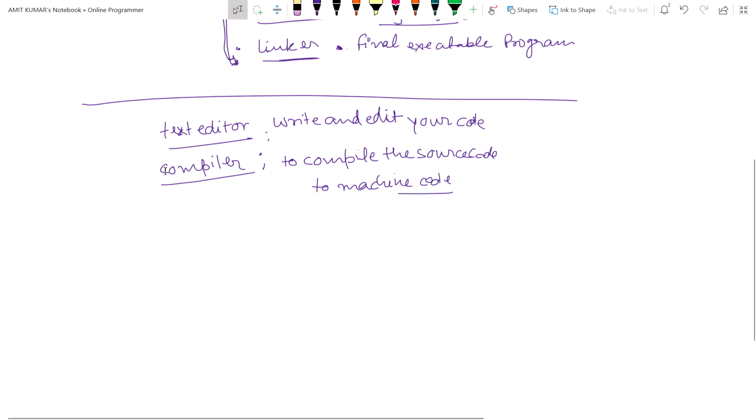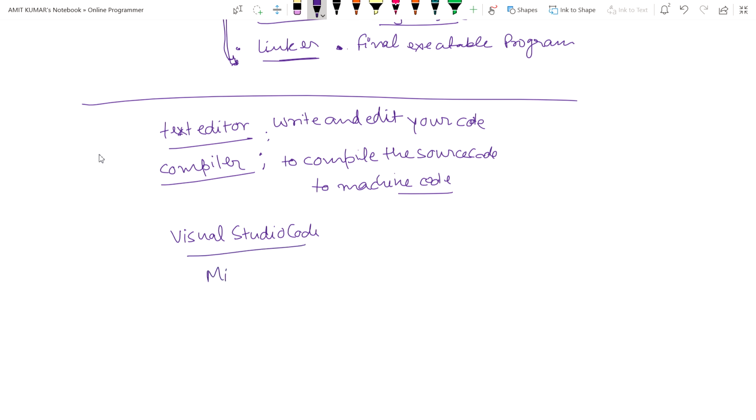Now let's move on to the text editor that we are going to use in this course. We will use Visual Studio Code and the MinGW compiler. These two things we will use. I have given a link in the description, so you can install these two from that link.